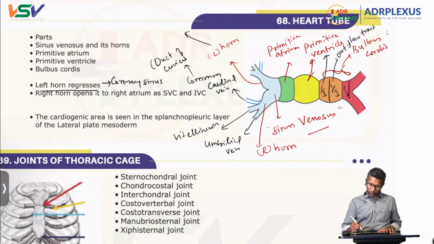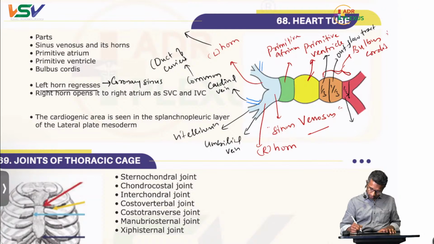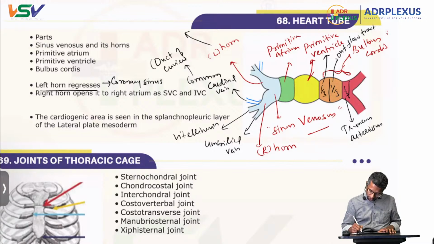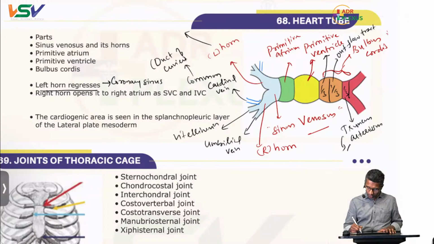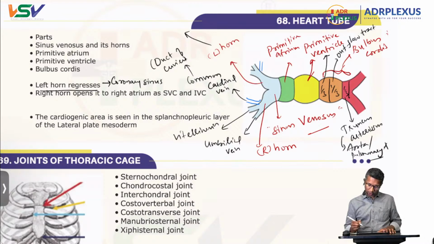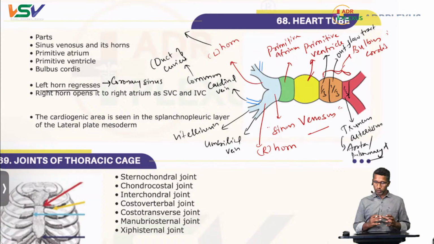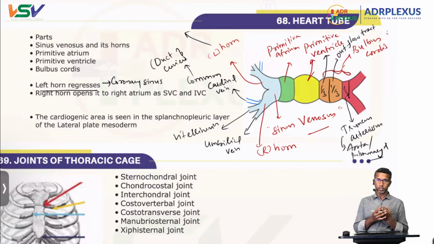And the distal portion of the bulbous cordis forms a part called the truncus arteriosus. And this truncus arteriosus becomes the aorta and the pulmonary artery. So the bulbous cordis is divided into three parts. The proximal one third is absorbed into the primitive ventricle. The middle one third forms the outflow tract of the ventricle, and the distal one third forms the